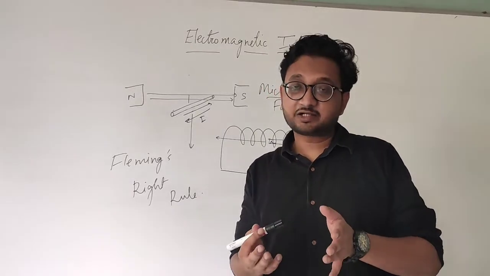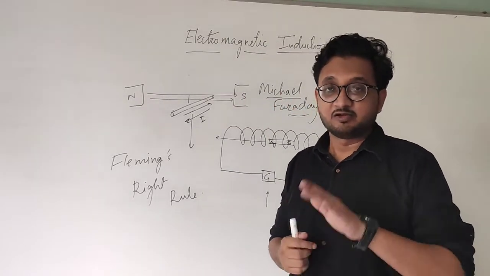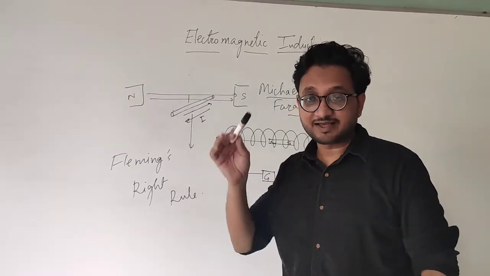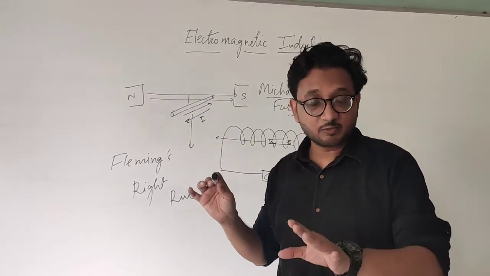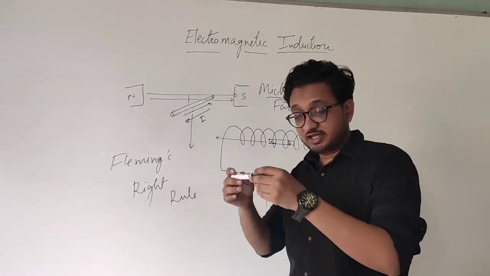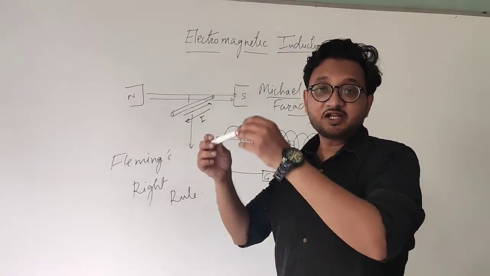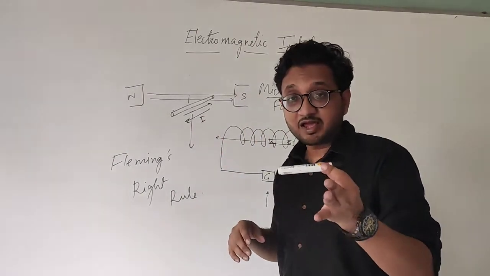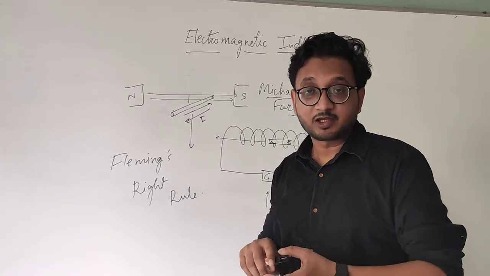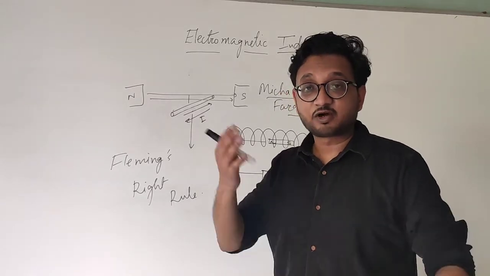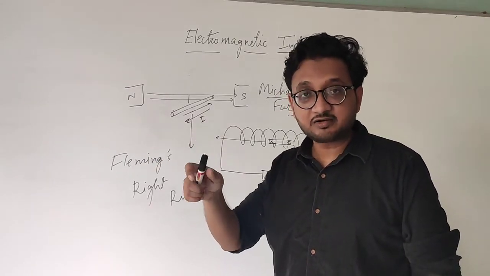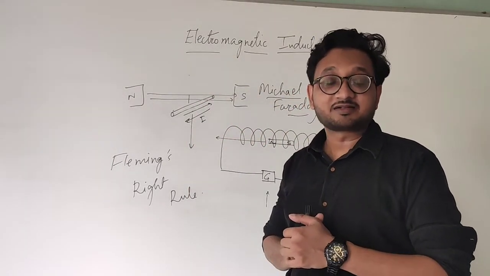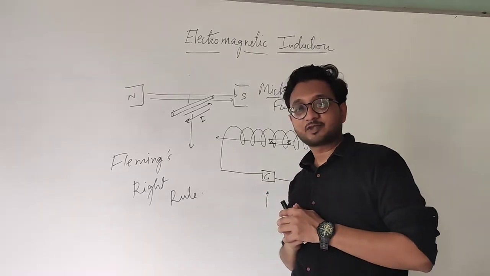So this is the exact opposite of the previous topic. First, if a current carrying conductor is placed in a magnetic field, it experiences force, and we had the electric motor for that. In the same way, if a conductor is moved in a magnetic field, then current is generated, that is electromagnetic induction, and we have the electric generator for that. So for motion, electric motor, and for current generated, we have electromagnetic induction, and with the help of that we have created the electric generator.